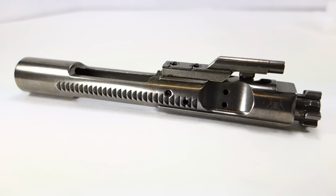Alright, got the bolt carrier group reassembled and everything oiled up, and it's ready to go back into my firearm. One last thing I should note about the 5-coil extractor spring. Sprinco says on their website that use of this type of spring may